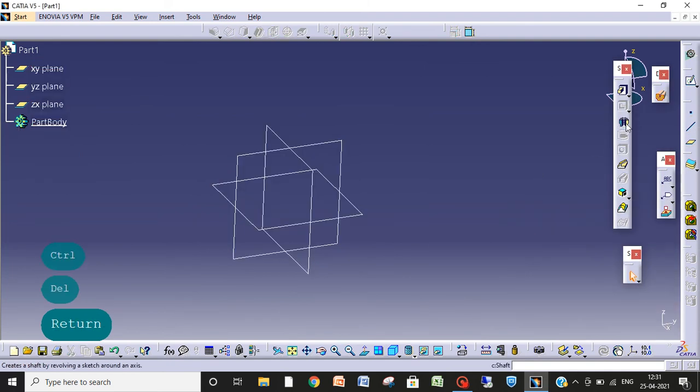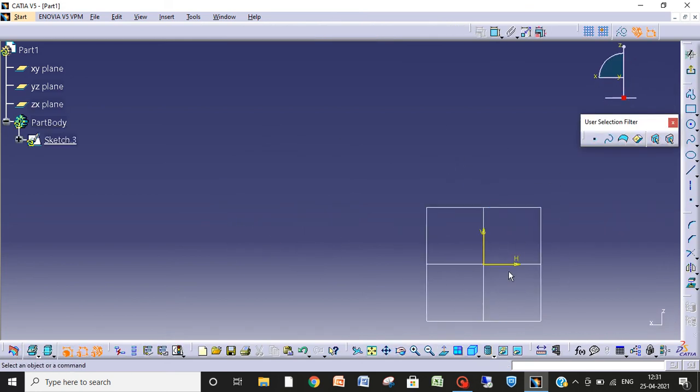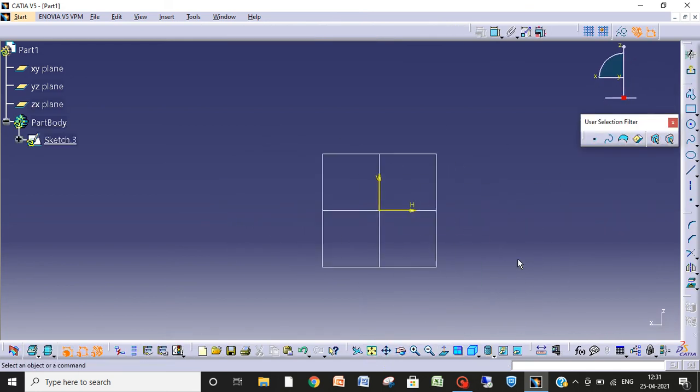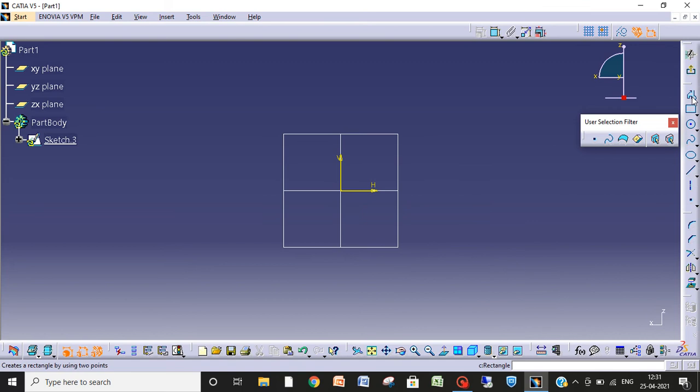So now I will show how this shaft command is used. In pad also we have different kinds of pads, but first we will go through only these simple commands. So for shaft, I am taking this plane. Going to sketch. Where is our line?